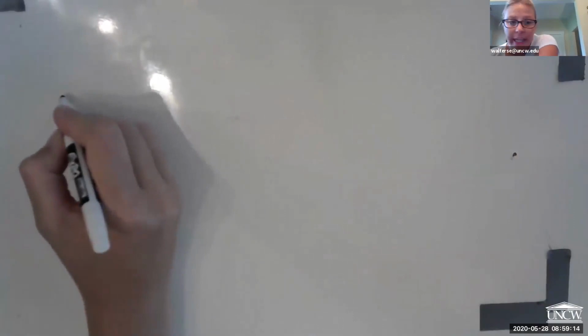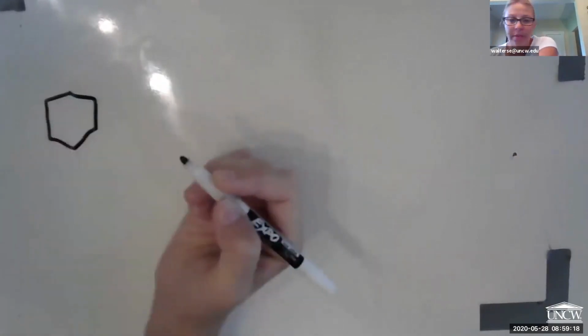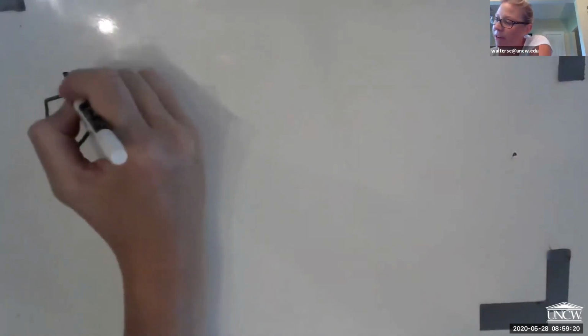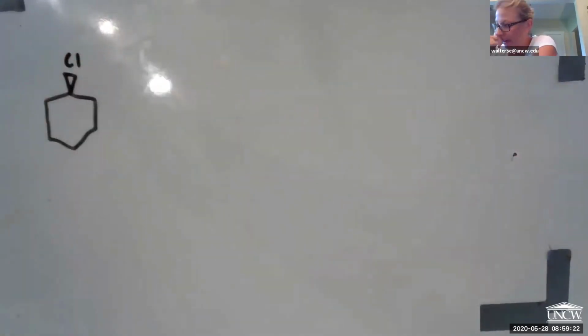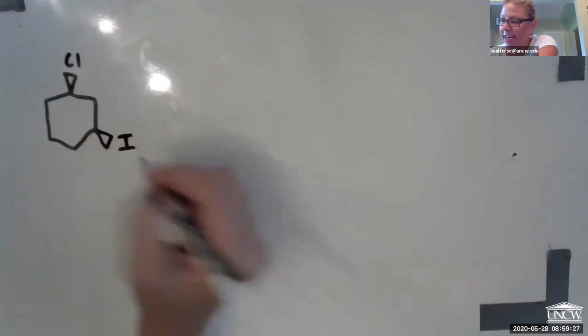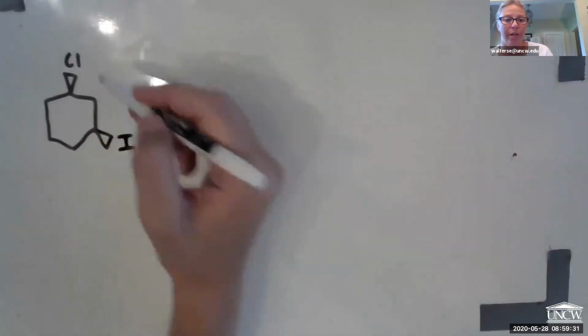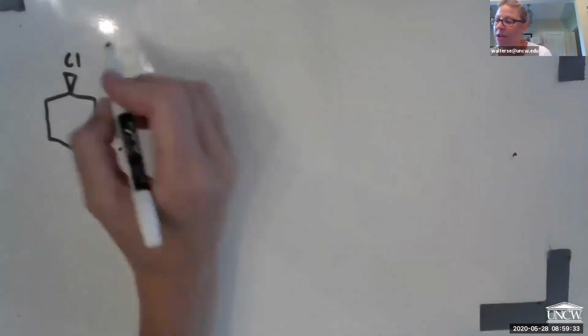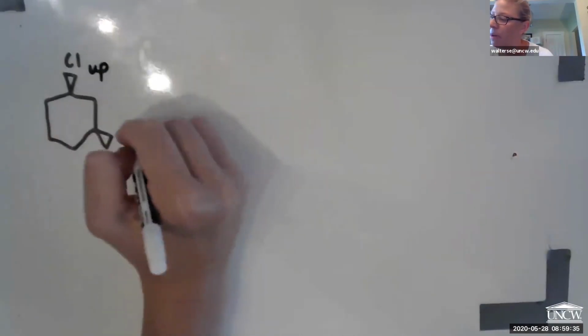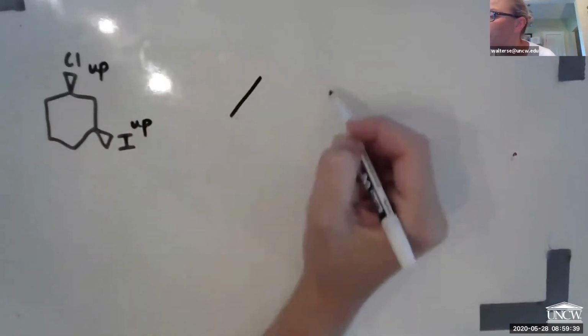It's going to depend on how it's drawn. So if you have a ring that's drawn flat, but you have, say, a chlorine here and then an iodine here, and I interpret that the chlorine and the iodine are coming at me. So to me, this is an up, up. Okay. But then when you go to the ring,